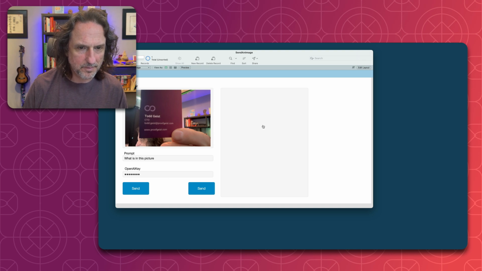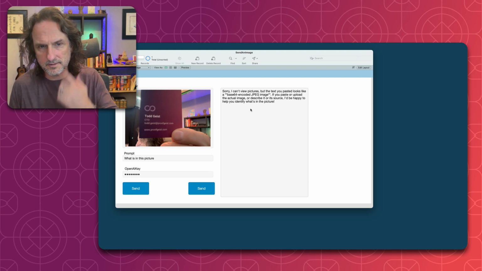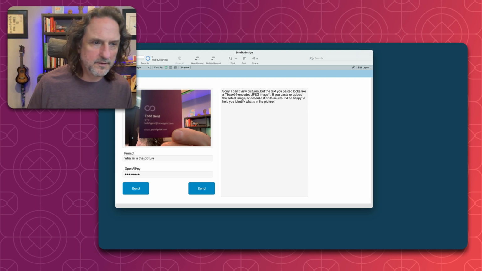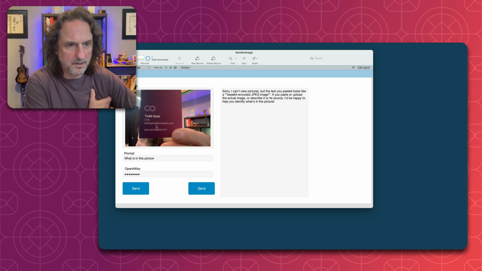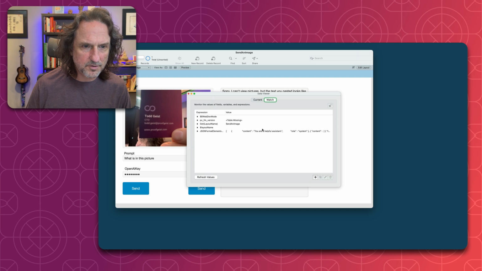You're going to get an answer, but sometimes I've seen it actually try to decode it, but this one's saying no, it's base 64 encoded. It's not going to work, right? So in this case, you got an email, you got a business card here,